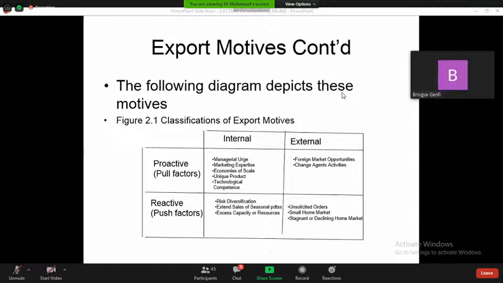Okay, I want to see if I can make a connection with the question Abigail asked about unsolicited orders being a pull factor. Okay. So I look at